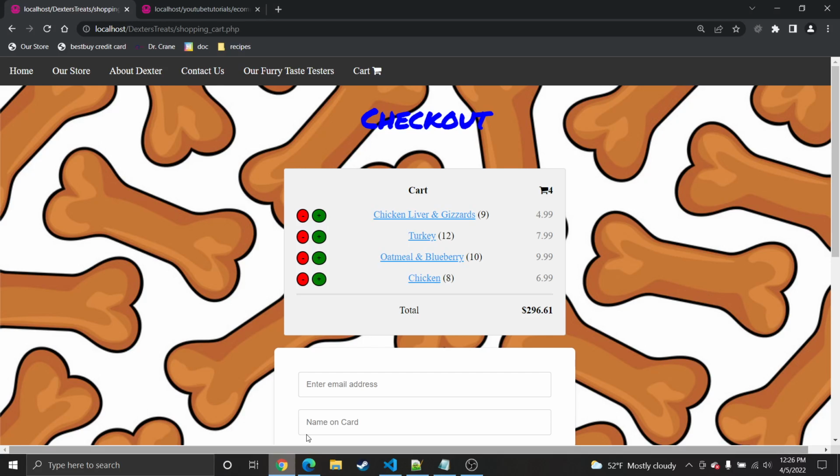Hey guys, so today I'm going to show you how to make a shopping cart on your e-commerce website. And see how I have a plus button, it'll increase the quantity. The minus button will get rid of the quantity, because how I have it is,